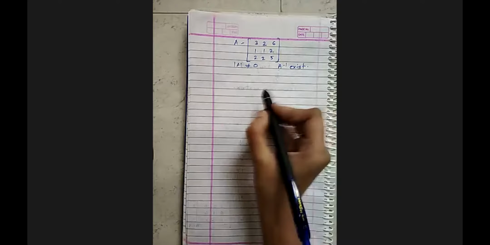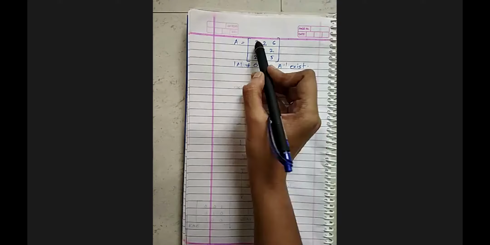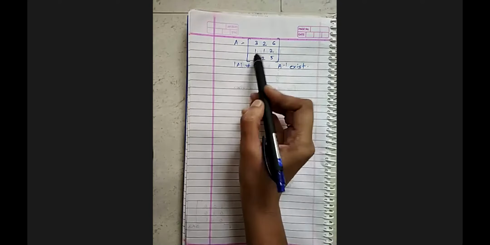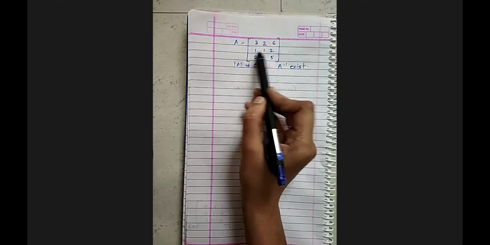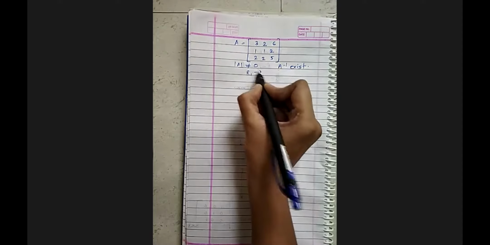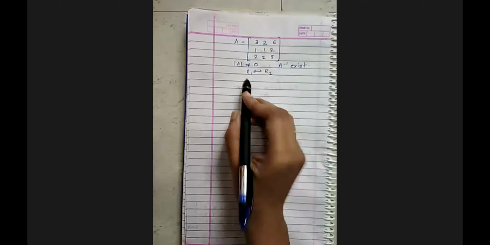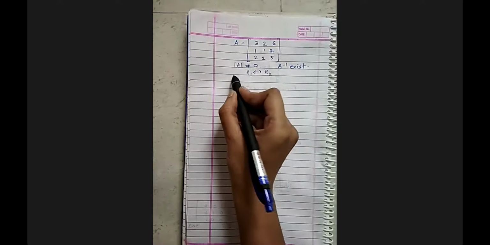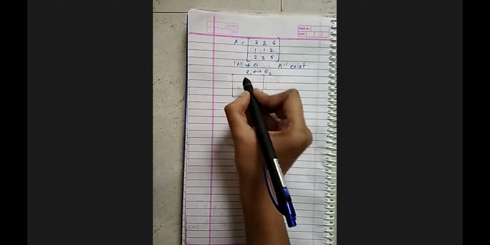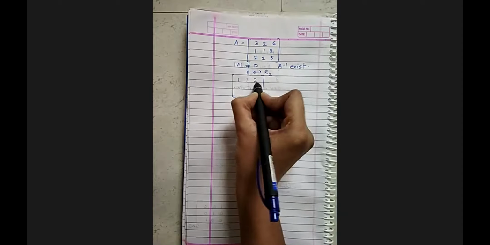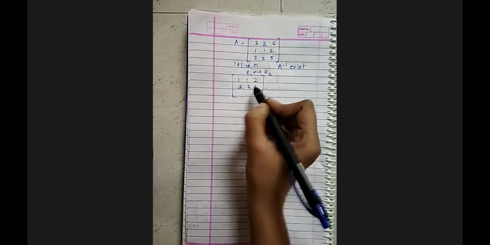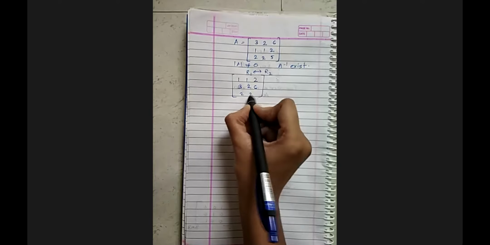So what is the first task? First task is to get 1 at this position, right? You have to get 1 at this position. But if you see there is a second row has 1 over here. So what I'm going to do, I'm going to interchange it. So R1 interchanges to R2. I'm just going to shift all the elements of R2 to R1. So I'll get 1, 1, 2, 3, 2, 6. So I've shifted these two and your row 3 will remain as it is.